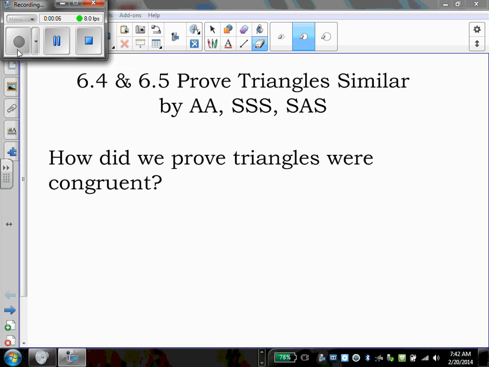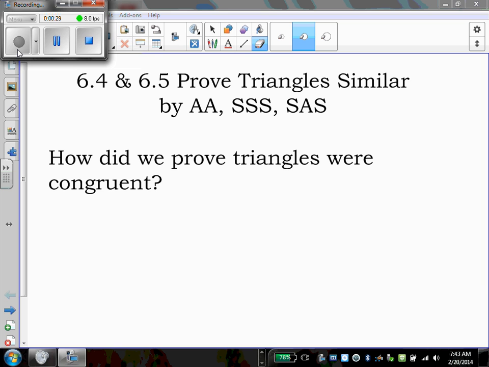What we have here today is actually a 2-for-1 special. We are going to be covering both sections 6.4 and 6.5 at the same time, mostly because they are very similar to each other and their goals are the same. It's just a little bit of extra information presented at the same time. So,